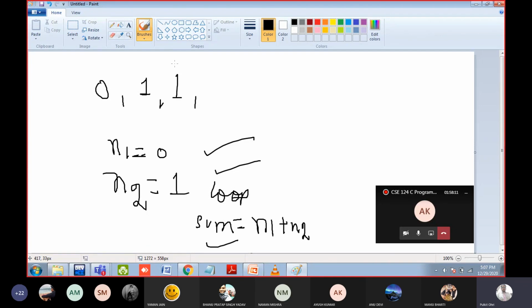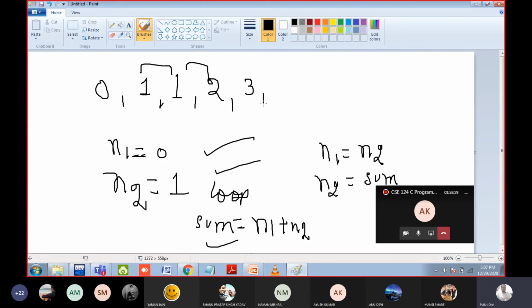Now you have to add previous two numbers. So n1 will become, can anyone tell me what n1 will become? So n2, and n2 will become sum, yes or no? That's all. So you will add 1 and 1, 2, then you will add 1 and 2, 3, so 5 elements you have printed. That's all. So this is a homework. Yes, it is like you are summing the sum in the array. It is almost same, the logic is somewhat same.